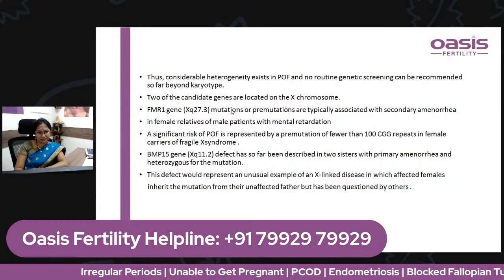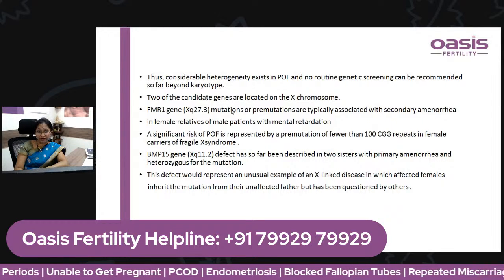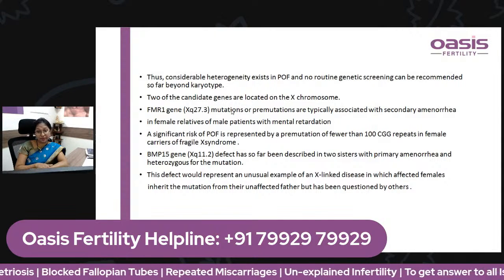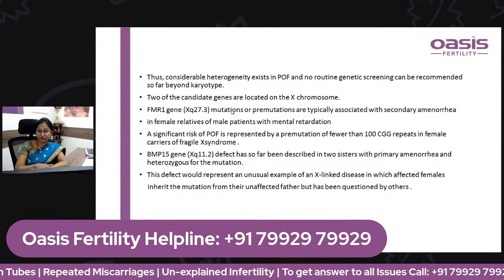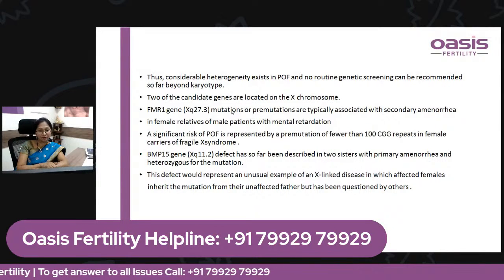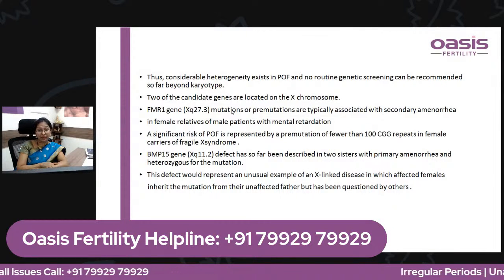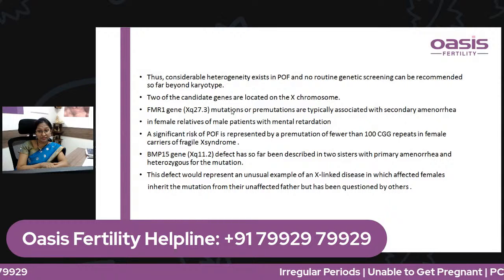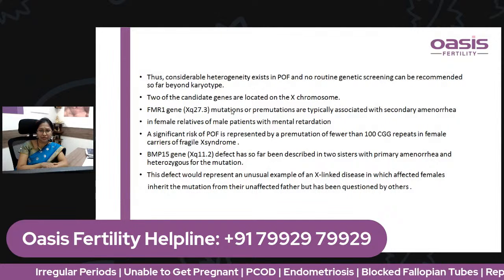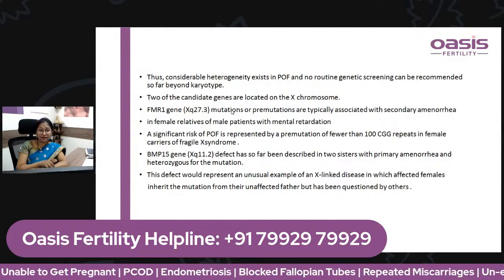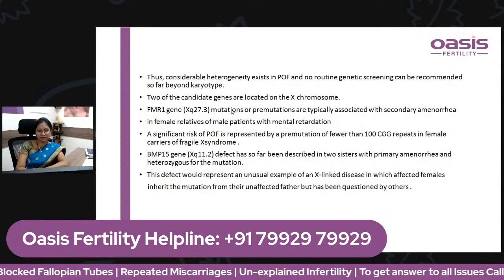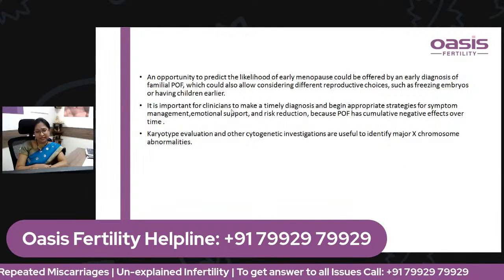So, in a few cases, what we have seen is that two of the candidate genes are located on the X chromosome. These mutations or pre-mutations are typically associated with secondary amenorrhea in the female relatives of male patients with mental retardation. A significant risk of premature ovarian failure is represented by a pre-mutation of fewer than 100 CGG repeats in the female carriers of Fragile X syndrome. This defect would represent an unusual example of an X-linked disease in which affected females inherit the mutation from their unaffected father, which is slightly